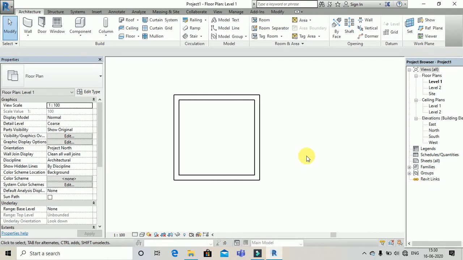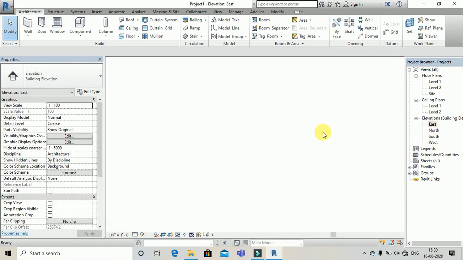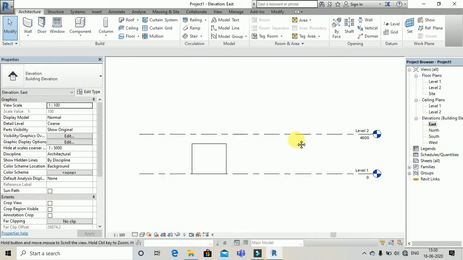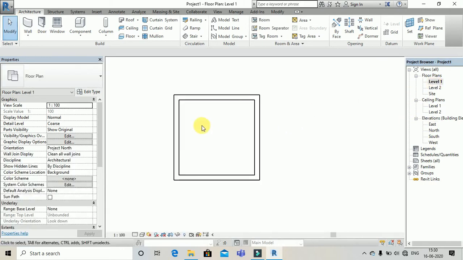Now let's see the elevation view of our room. Go to elevation view and select any elevation. Here, as we can see, our room is up to a height of 10 feet that we have given.